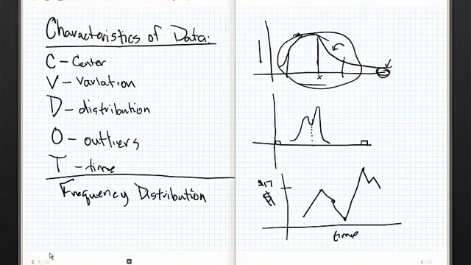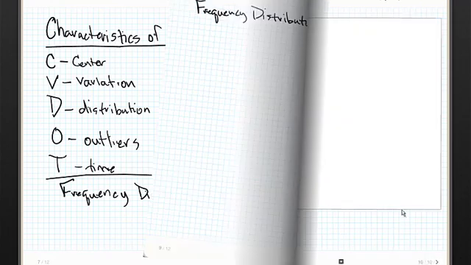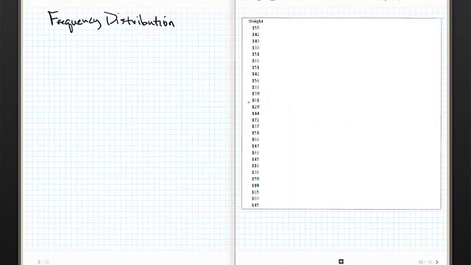But the problem is, for this to be really effective, for you to start getting an intuitive feel for how this works, you have to have a distribution. You have to have some sort of graph to look at to start playing with the data. When the data sits like this, let's say that I walk into a freshman PE class and I weigh